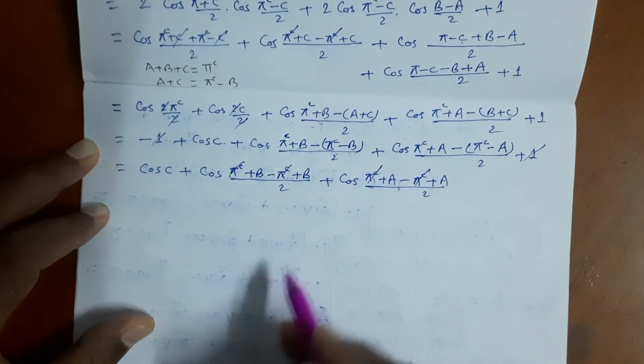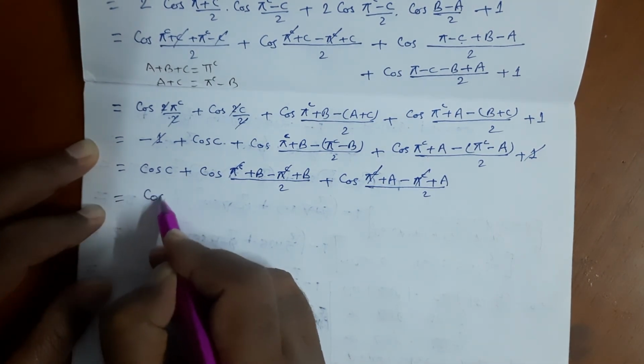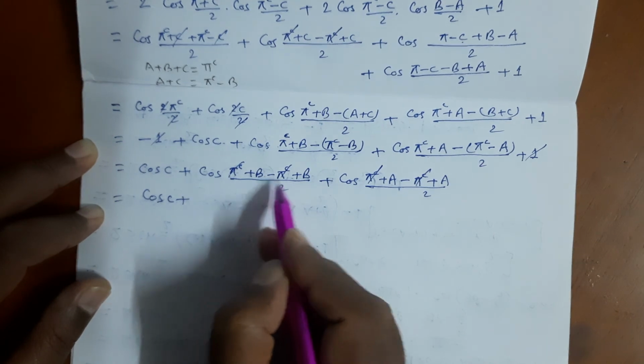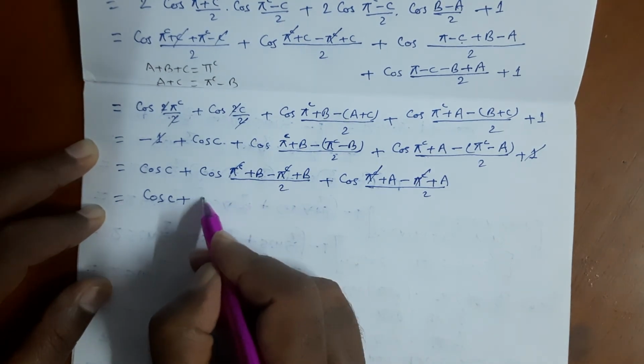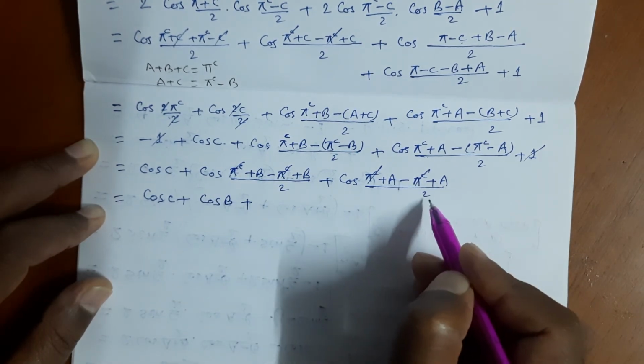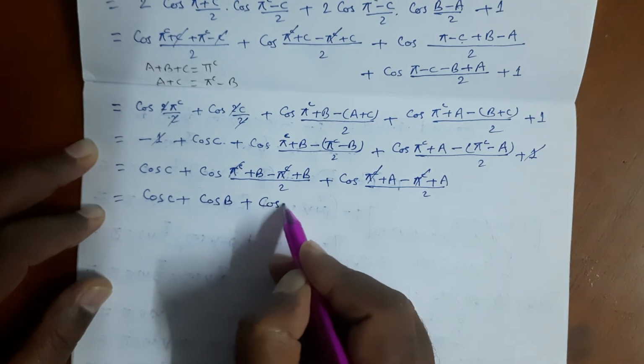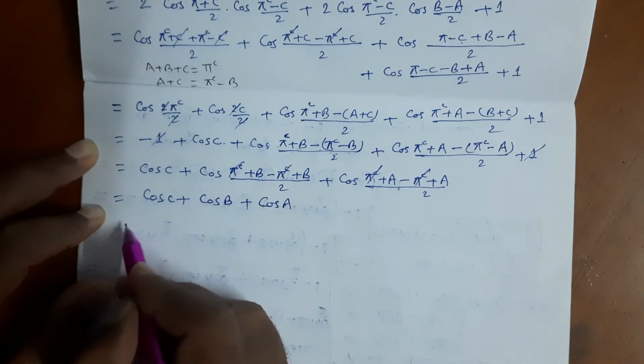We get here cos c plus this cos 2b over 2, that will be cos b only, cos 2a over 2, so it will be cos a only,